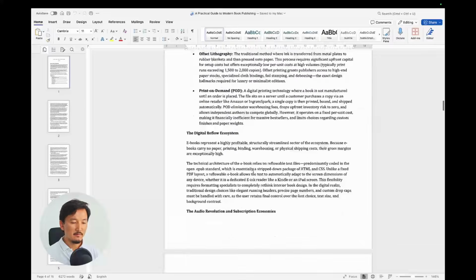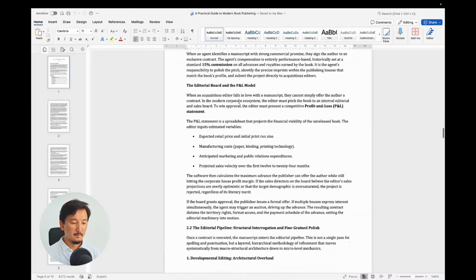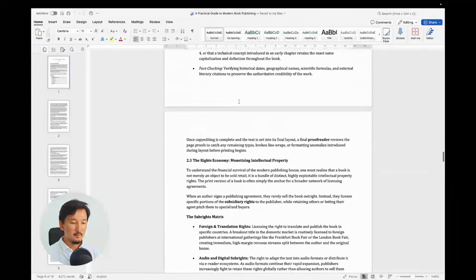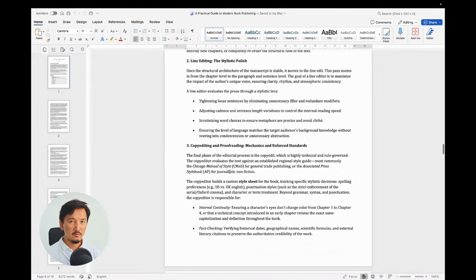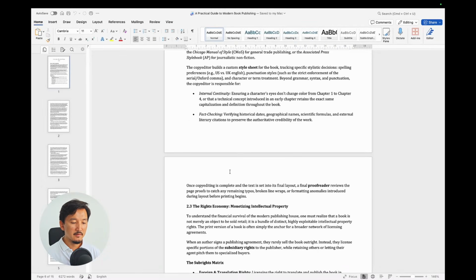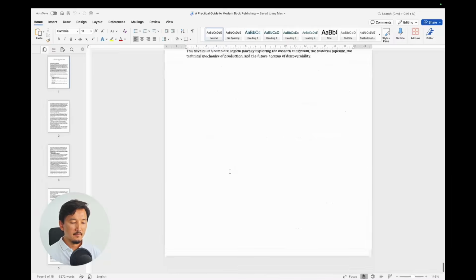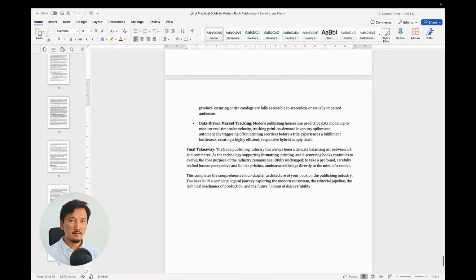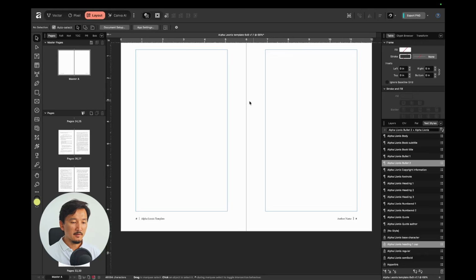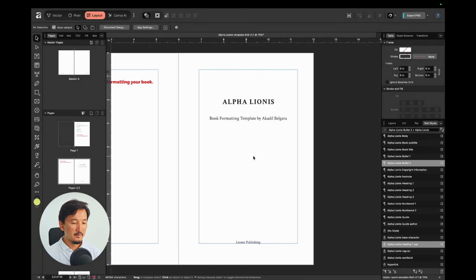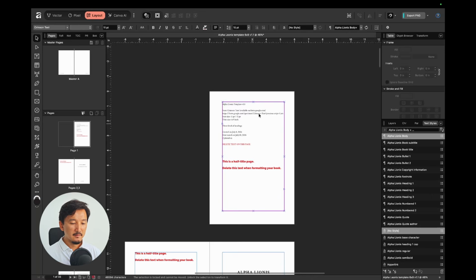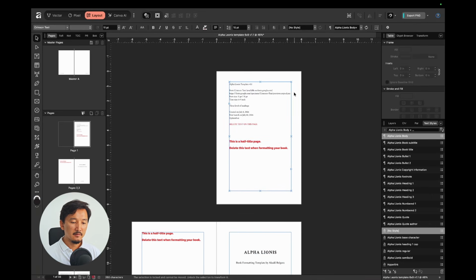We also have other bullet lists. Okay, we can turn one of those into numbered lists. So let's suppose this is our book and we need to format it with our template here. Just go to the very first page and you can see that this text frame on the half title is